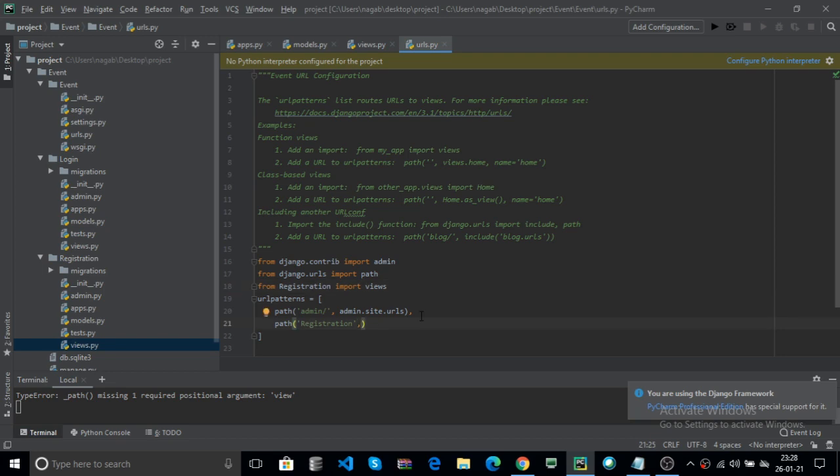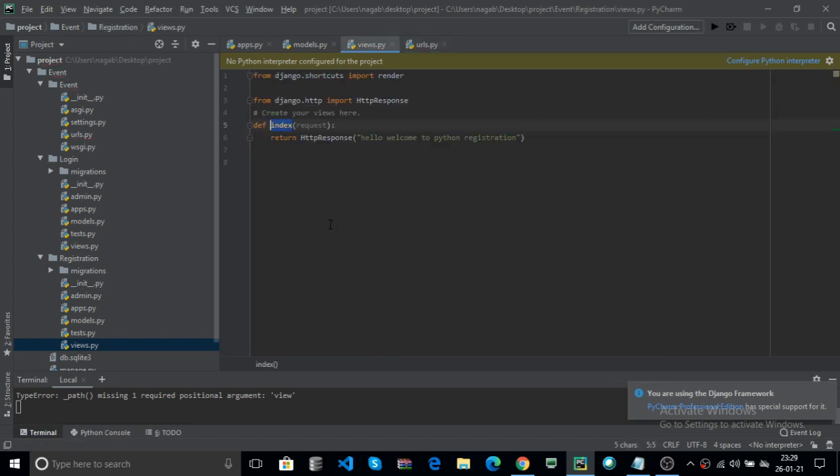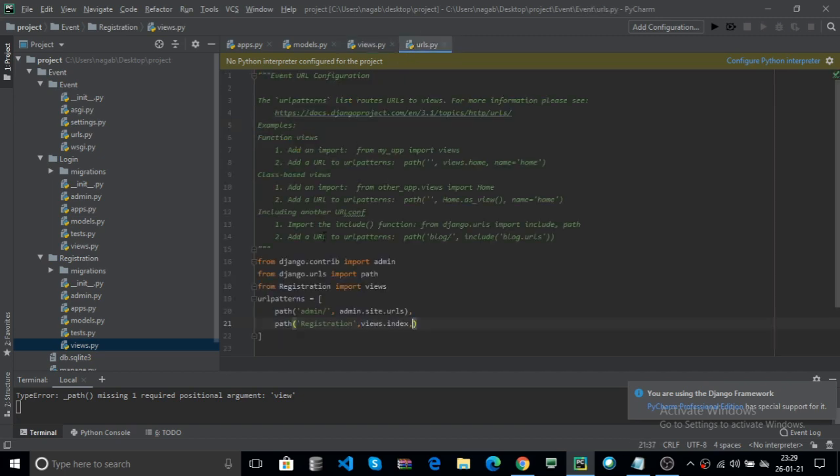The views module contains one function, that is index. Views contains the method index. Now the third argument is optional, you can skip it.